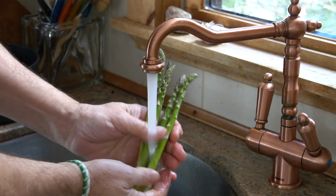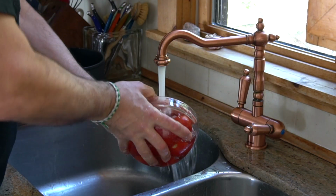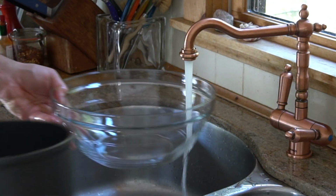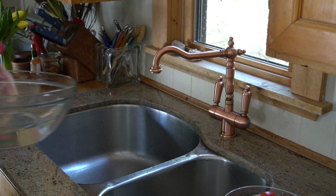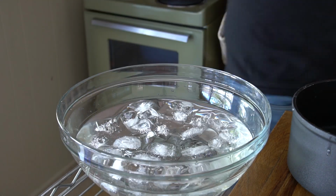We're gonna rinse 2 bunches of asparagus and 12 vine-ripened tomatoes. Before leaving that sink, we're gonna fill up a large pot with cold water. We're also gonna grab a large bowl, fill it with cold water too. Now to our workstation, add a few cups of ice to that big bowl of water, and then let's start